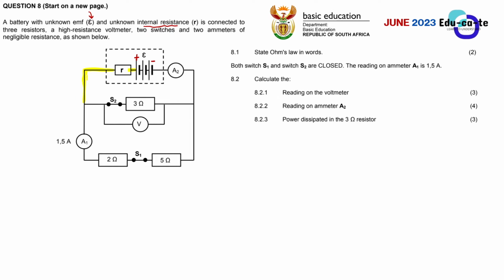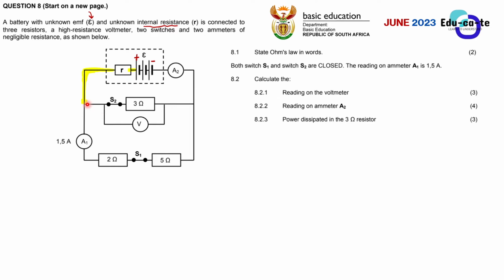If I was to put an ammeter in this region that I've highlighted in yellow, that ammeter will measure the total current. As this total current leaves the cell, it reaches this point where the wire splits into 2. Let's assume the current is flowing from the positive terminal and it reaches here; it has to split because there are 2 parts. It can either go towards this 3 ohms resistor, or it can go towards the 2 ohms and 5 ohms resistors.